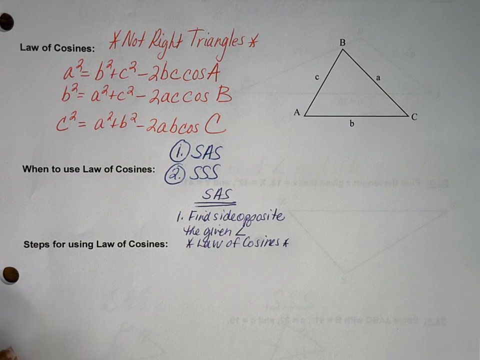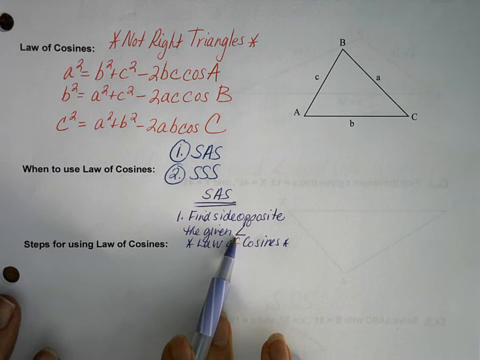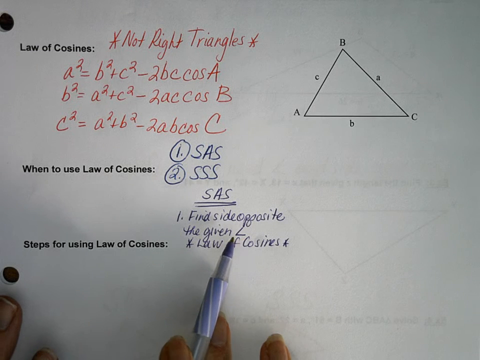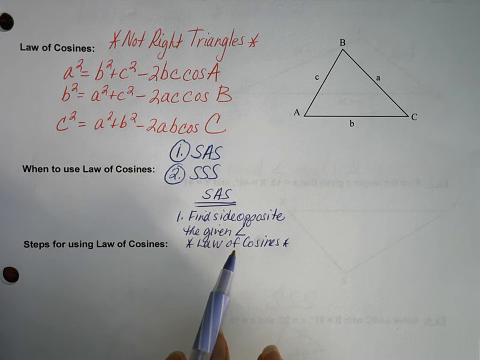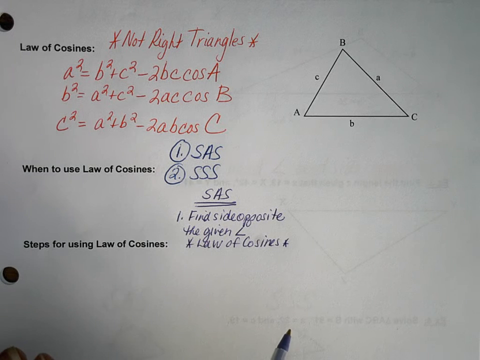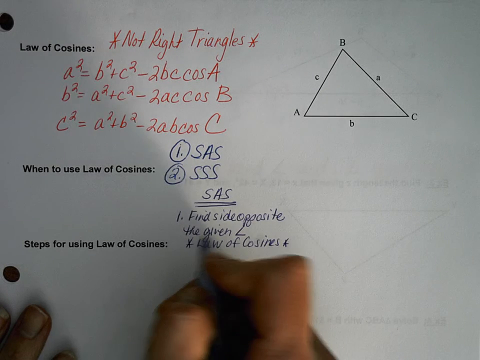All right. Then this one's a little bit tricky. Now, once I know that side, I'm going to know a pair. I'm going to know an angle and the side opposite it. So what am I going to use once I know an angle and the side opposite? I can use the law of sines then, right? Once I know an angle and the side opposite, I can use the law of sines. Now, I'm going to use the law of sines,